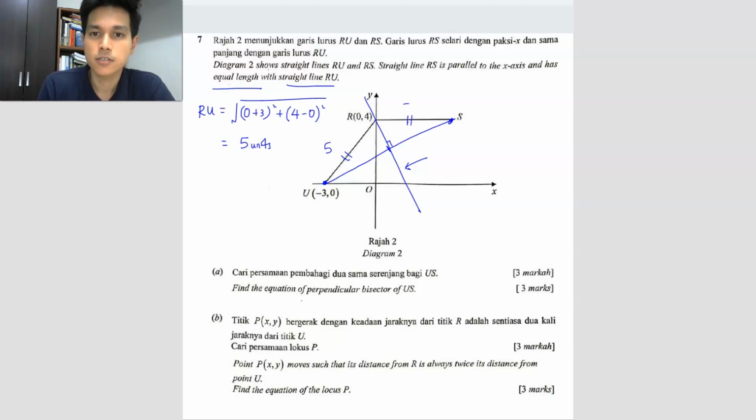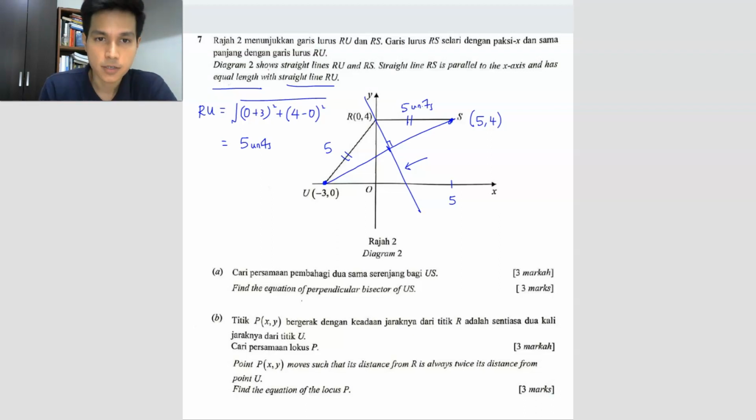So if you have 5 units, here should also be 5 units, correct? So that means here should be 5. Okay, correct, 5 and 4. So here the coordinate is (5, 4). So knowing that this is (5, 4), now we can find the